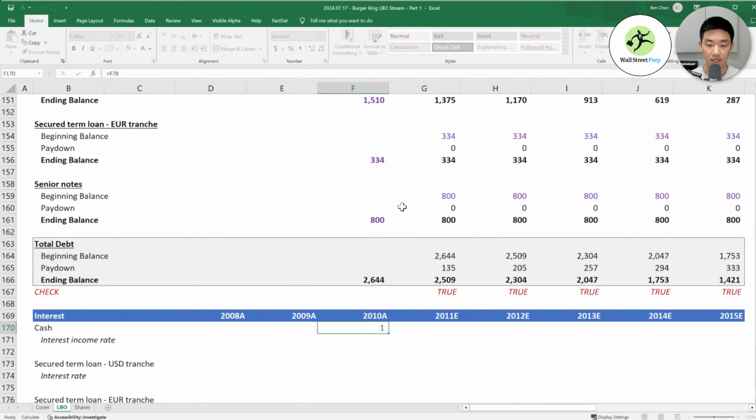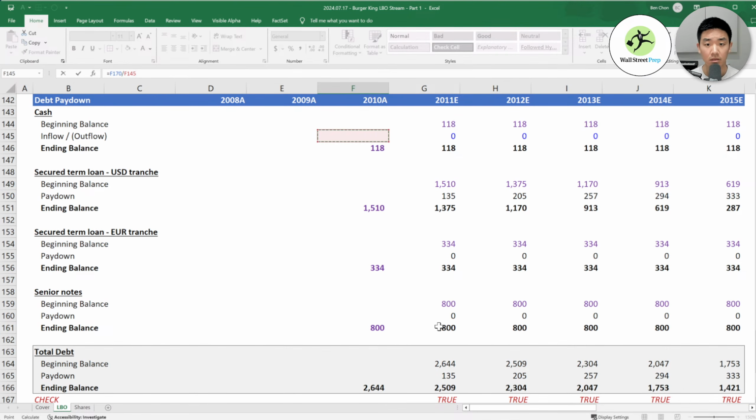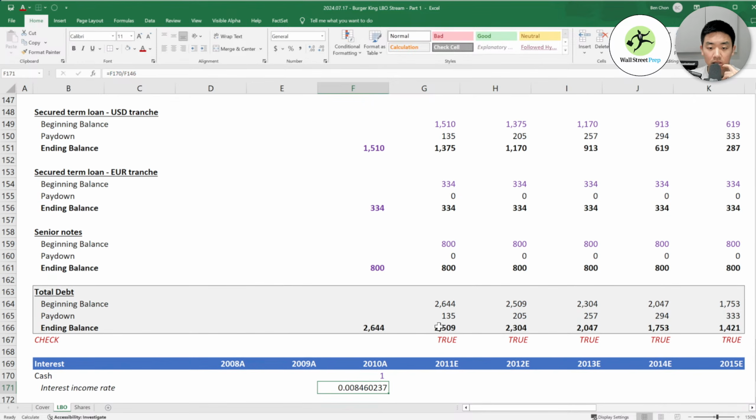So there's that. And then if we get this and divide, what did I divide by? Okay, in this case, I guess we just take it from our ending balance in 2010. This seems wrong.